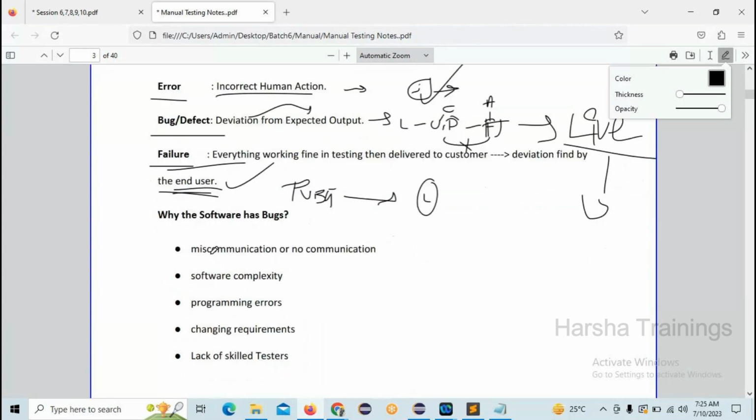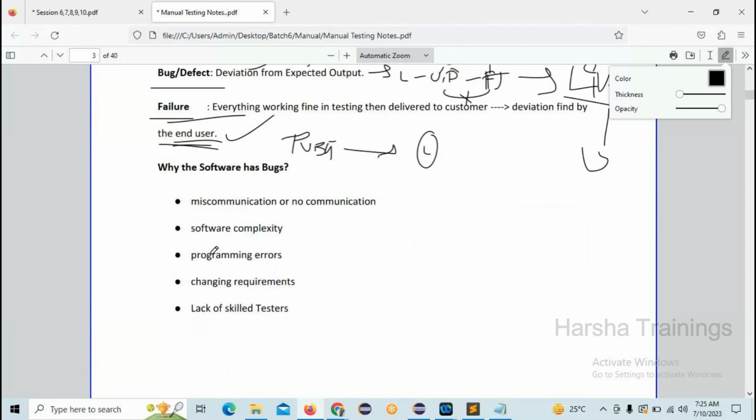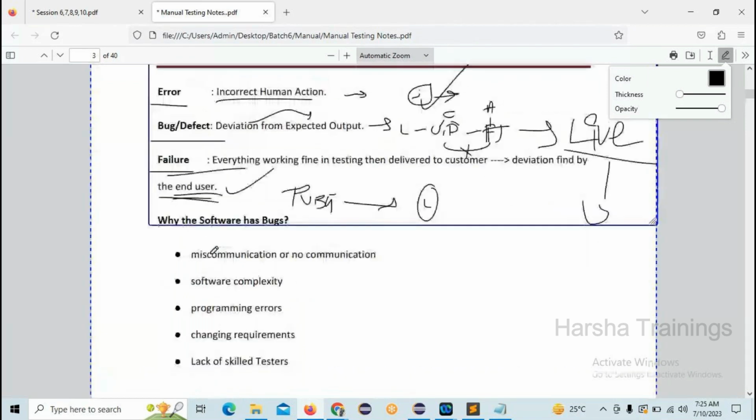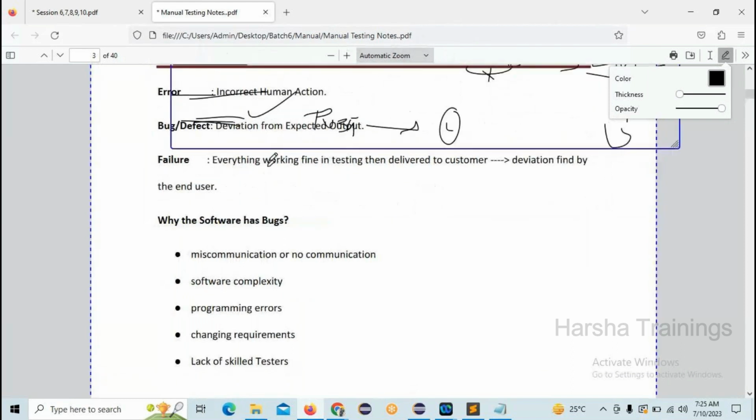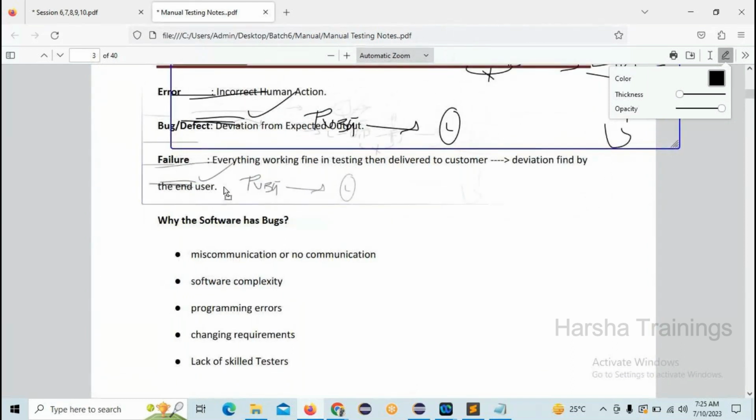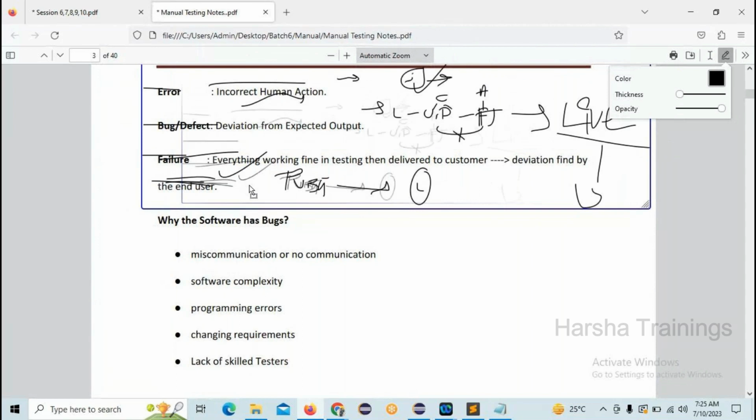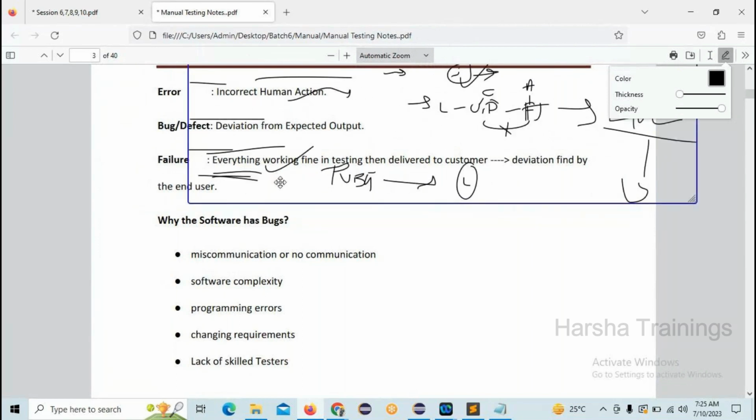And next, the last two topics for the day. Why does software have bugs? Actually, why does software have bugs? What is the reason for having bugs in the software? Because